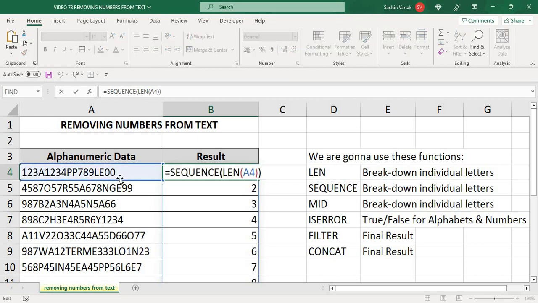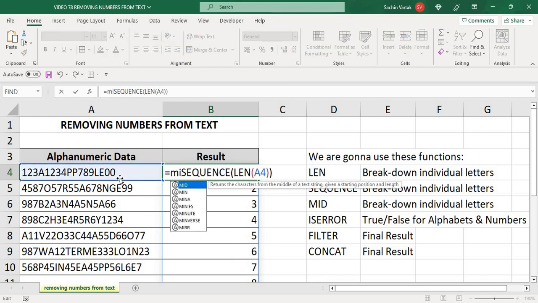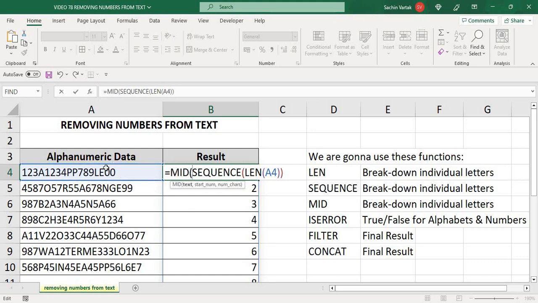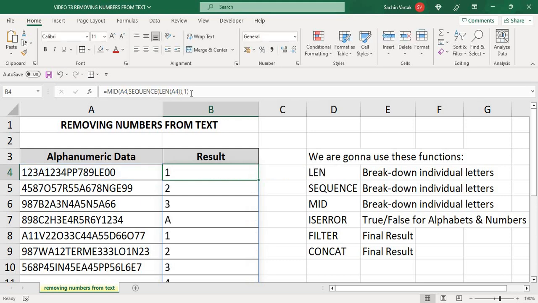Now I am going to prefix this with MID. My text is this. The start number is the result of this SEQUENCE function, which are numbers from 1 to 17. And every time MID returns a value, it will return only one character. So I am giving comma 1, complete parenthesis, control enter. So here it is. With this LEN, SEQUENCE, and MID, we are able to break this alphanumeric data across